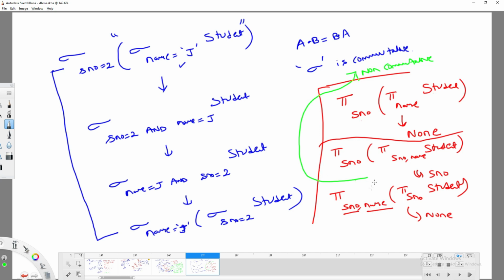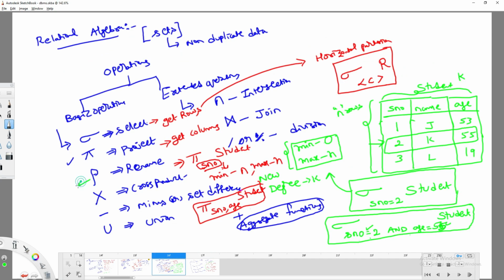Next one is rename. If you would like to rename the data, you can rename it in any order. For example, I would like to rename the table, I can rename the table. Or if I want to rename the attributes, I can rename the attributes. Or if I want to rename the combination of table and attributes, I can do that with the help of the rename operation. See, for example, there is a relation,